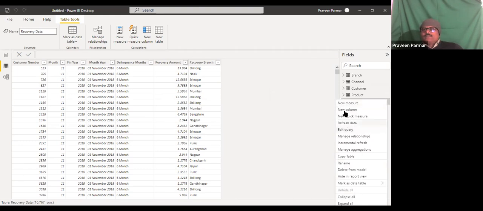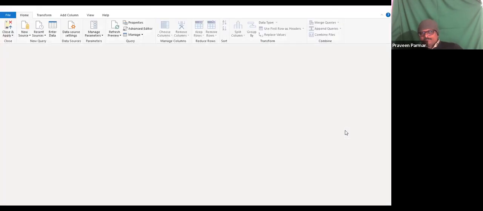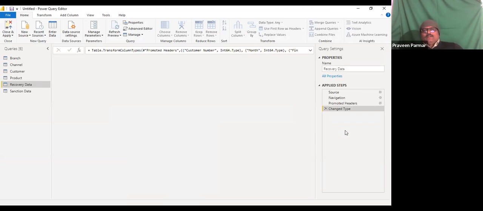There are many options: new measure, new column, new cube measure, refresh data, edit query, manage relationships, and incremental refresh. We will go one by one, but here I am just showing you how we do the data preparation part. First we see edit query. When I click here, I will get another pop-up window like this.